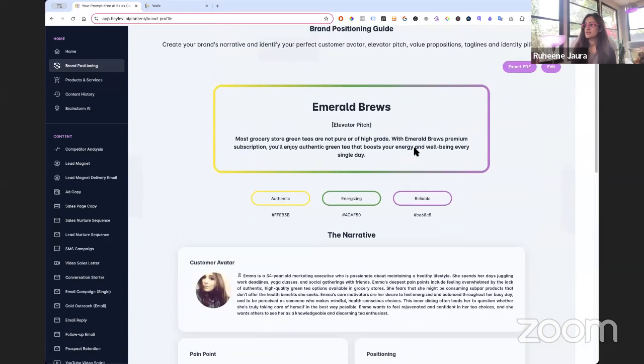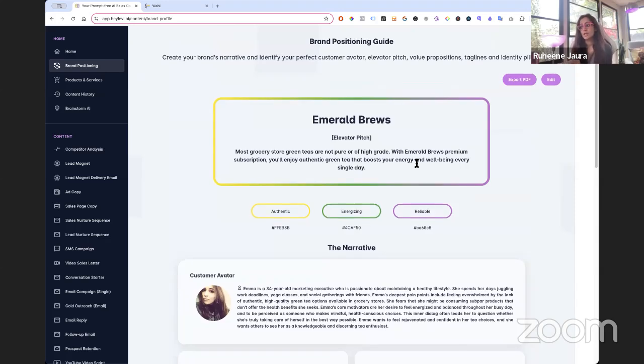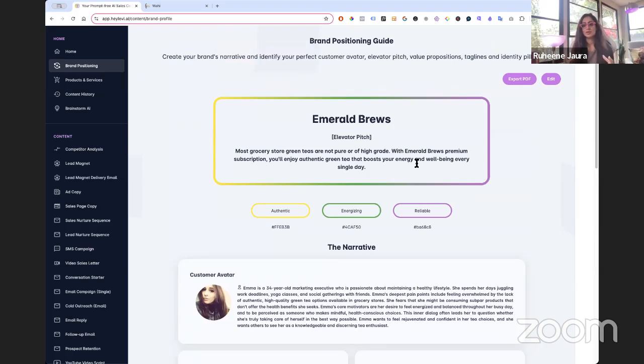So some of this, it gives you your elevator pitch here. So again, if you need to just quickly explain what it is that you do and how you can help this customer, that lives right on top. And it's also a great way to have your entire team give the same answer, because really what you want is consistency, right? When you talk about your brand, what you do for your customer, who you serve, you want that to be consistent. You don't want your salesperson saying something, your marketing person saying something else, and confusing